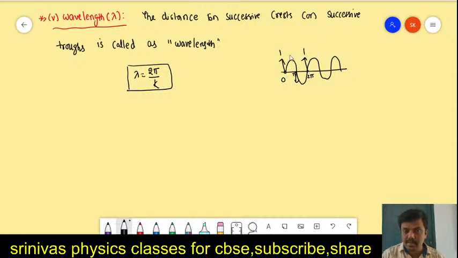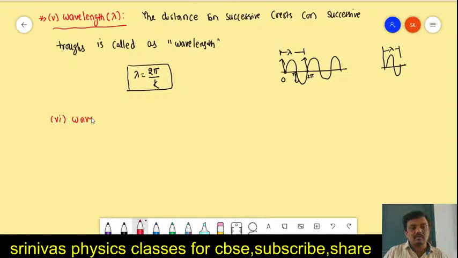0 degree and 2 pi are the same. Right? 360 equal to 0 again. That's why the distance between these two points, having the same phase, is called the wavelength. Simply also we can say one crest and one trough is one wave. Its length is the wavelength. Is it right? And the next one is the last one, that is